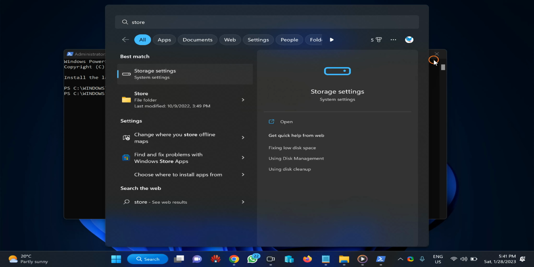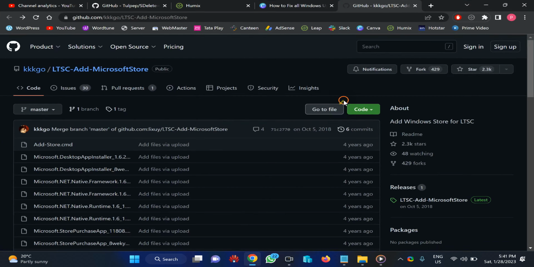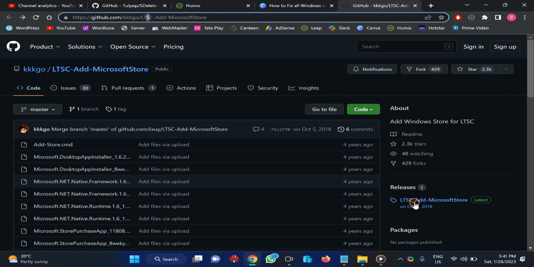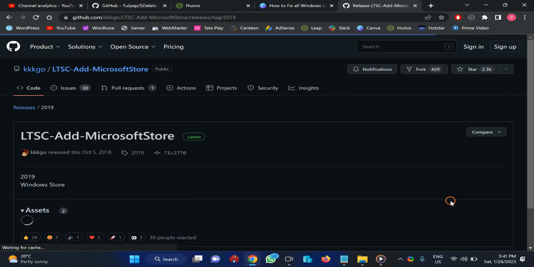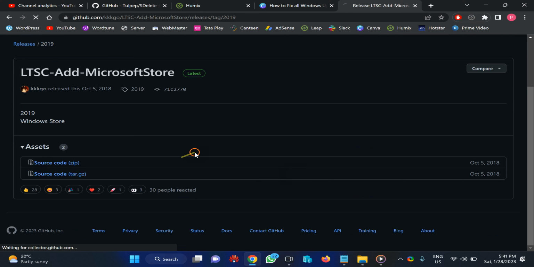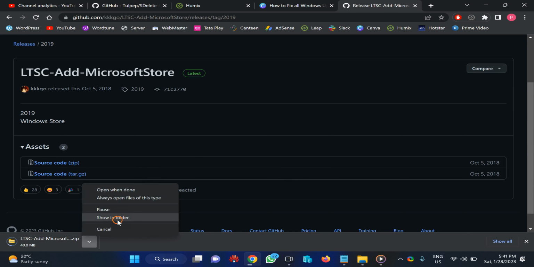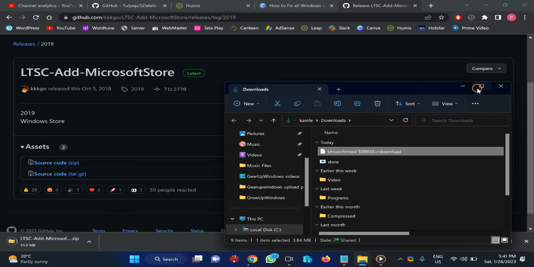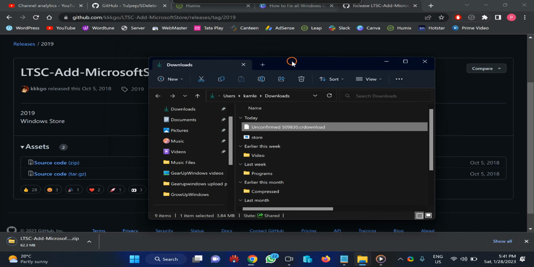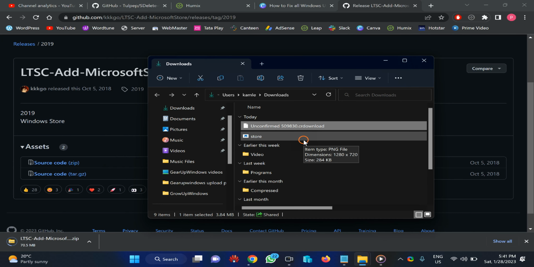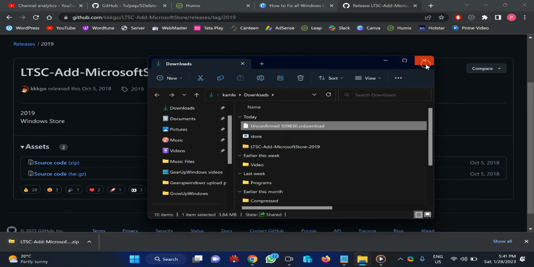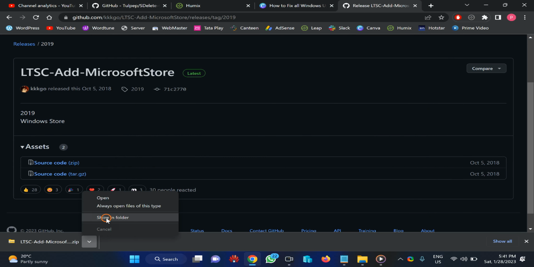And if you want to install it on your PC, then you need to open the GitHub website. That link you can find in this video description. After that, click on this link, latest. Then click on this source code. Once it is downloaded on your PC, you need to extract it in a folder. It is around 70 MB in size, and you can see it has been downloaded on our PC.